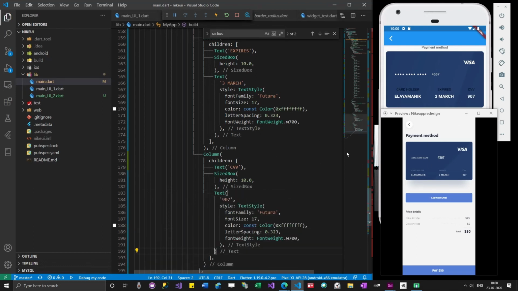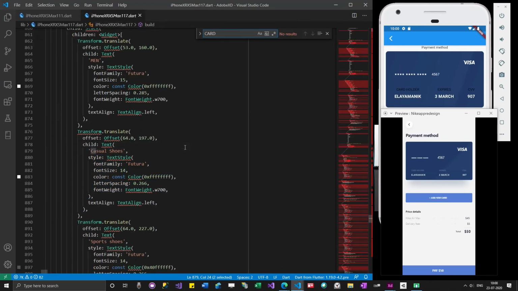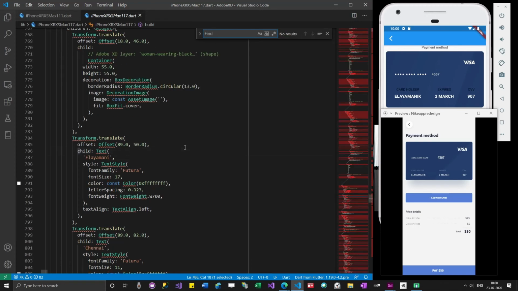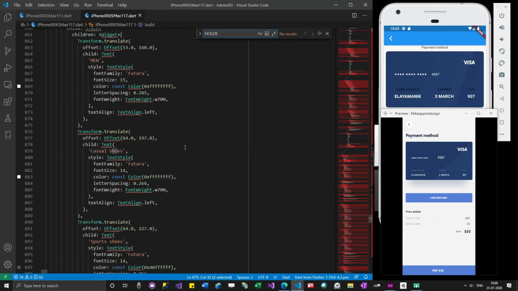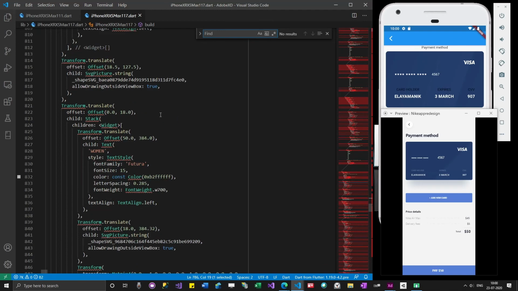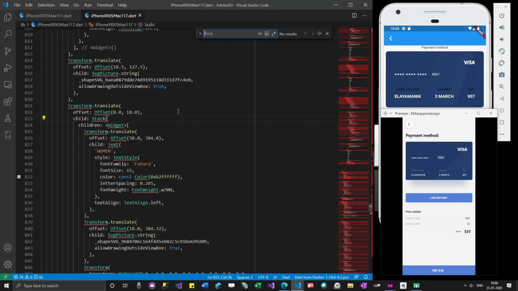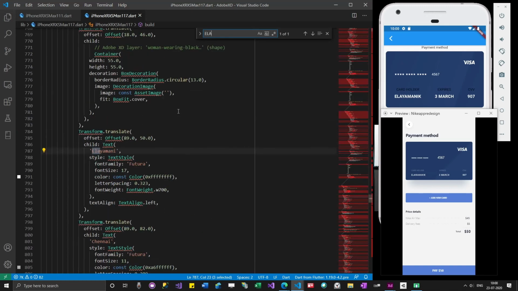Card holder also you'll get it. I think we are checking the wrong file.